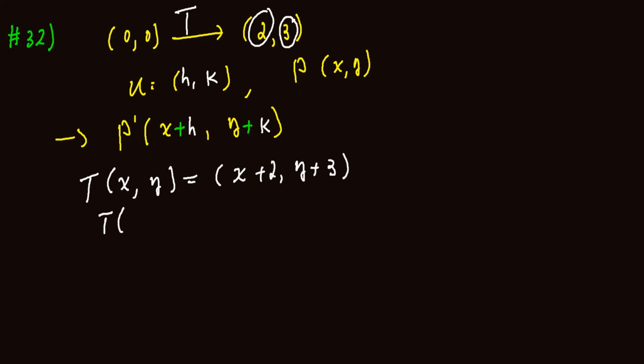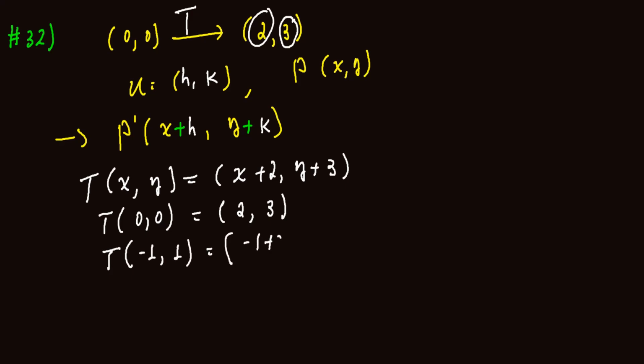That means for (0, 0), the origin will be translated into the point (0 + 2, 0 + 3), which is (2, 3). And it translates the point (-1, 1), for example, to (-1 + 2, 1 + 3). The translated point will be (1, 4). So if you have a circle with center (x, y), then the center of the circle will be translated into a new center,